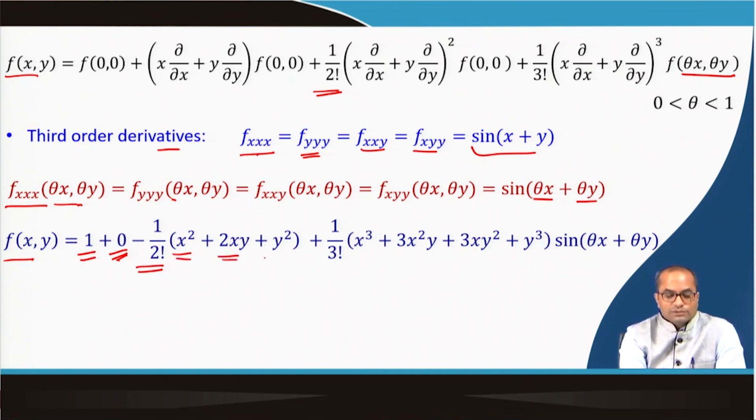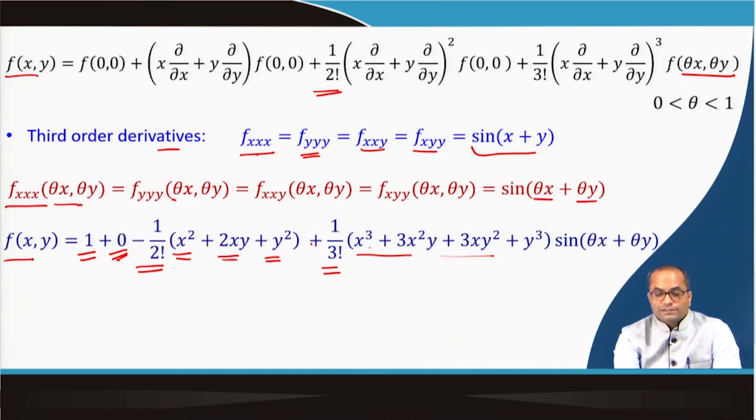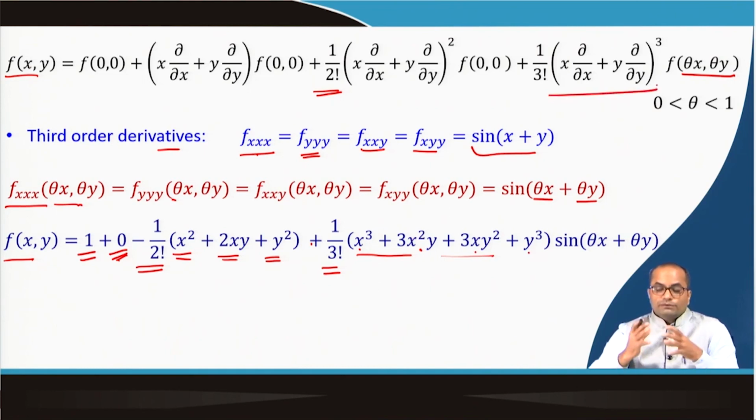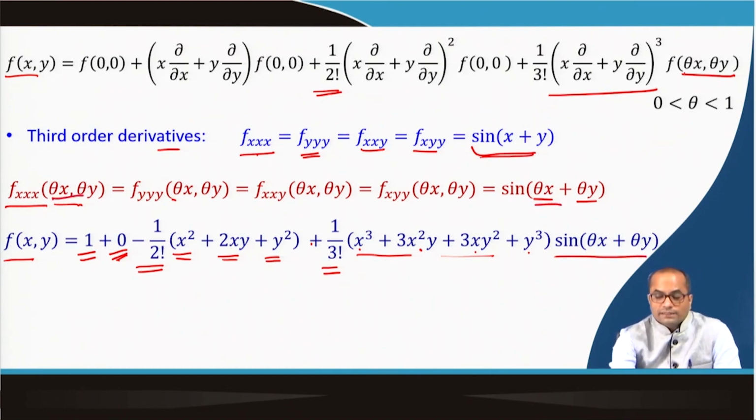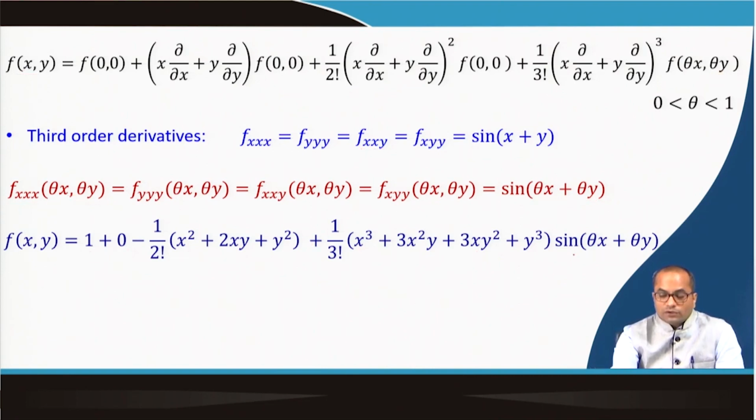So, we have x square 2 x y plus y square, and then we have 1 over factorial 3 and these third order terms, because here the value was 1. So, there is no change, but only x cube 3 x square y 3 x y square, and this is the last term here where we have the remainder basically, and in that case the derivative is sin x plus y. So, that means sin theta x plus theta y when we evaluate at theta x plus theta y, and since it is same for all these terms, so we can take that common there, and what we will get x cube, and we will get 3 x square y 3 x y square and then y cube